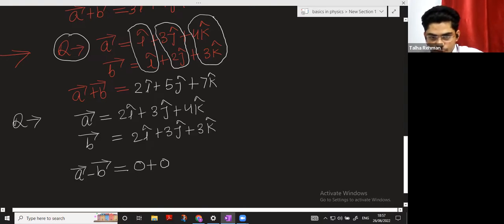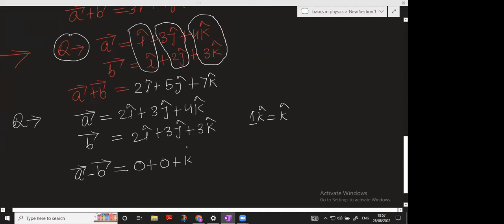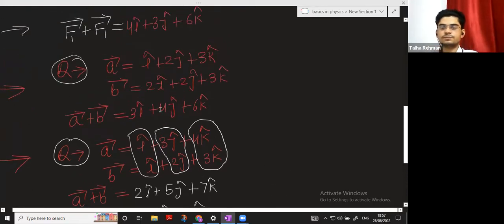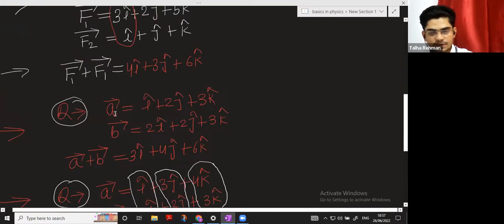Now 4k cap minus 3k cap, 1k cap. 1k cap can be written as k cap. It is simple, na? So our answer is k cap. So whenever someone asks you a question like this, where the vectors are given in this form,